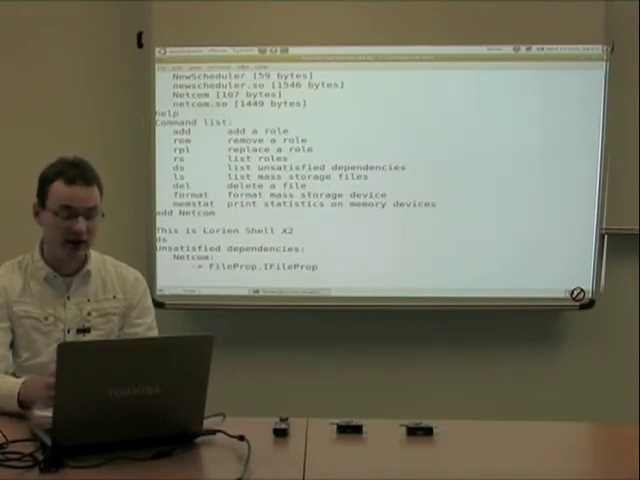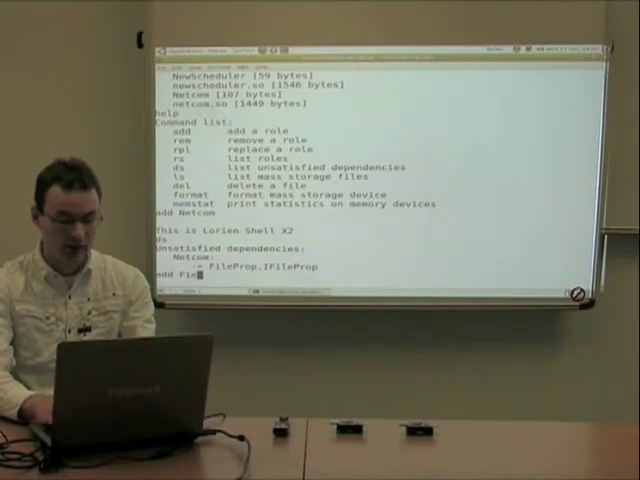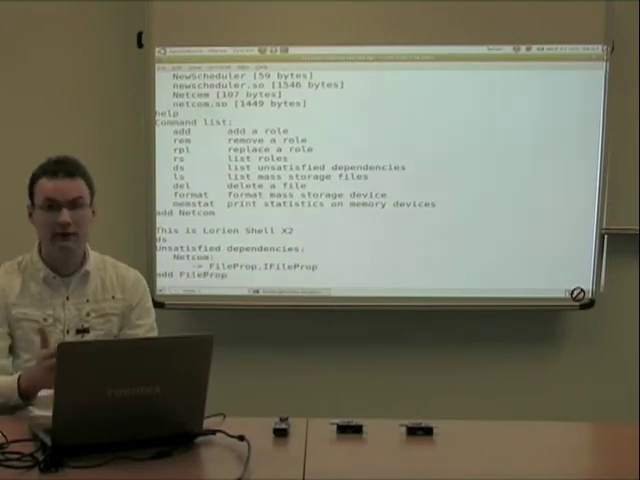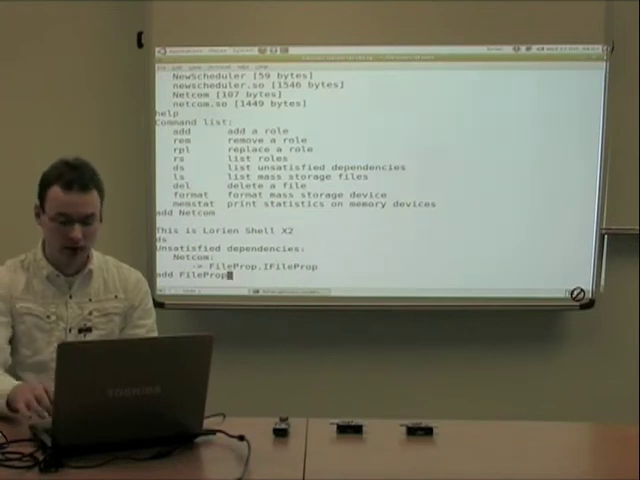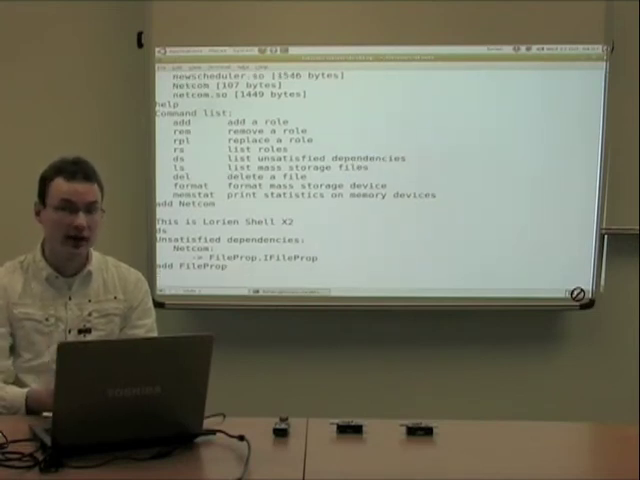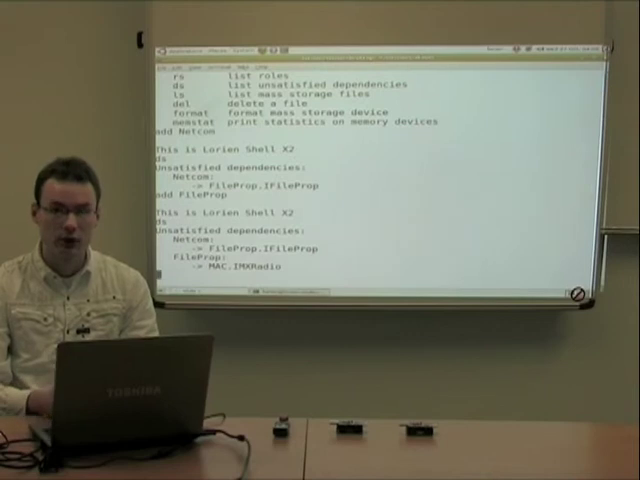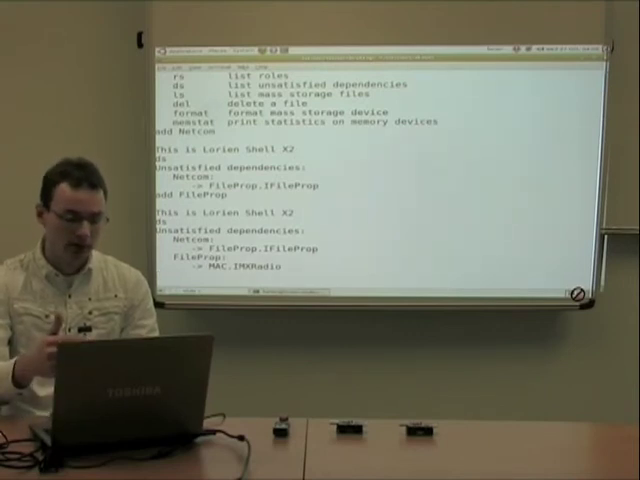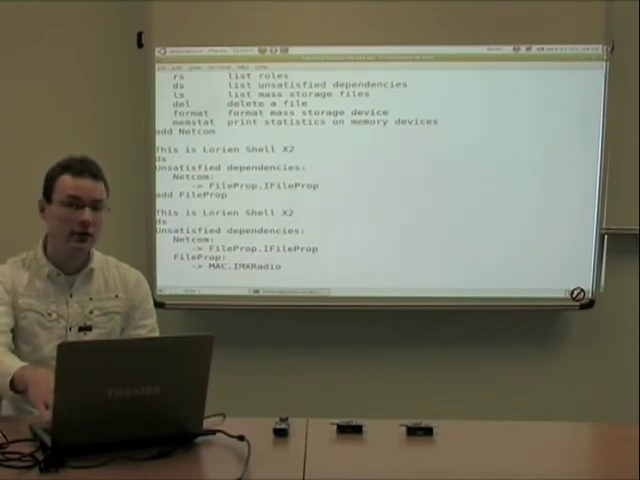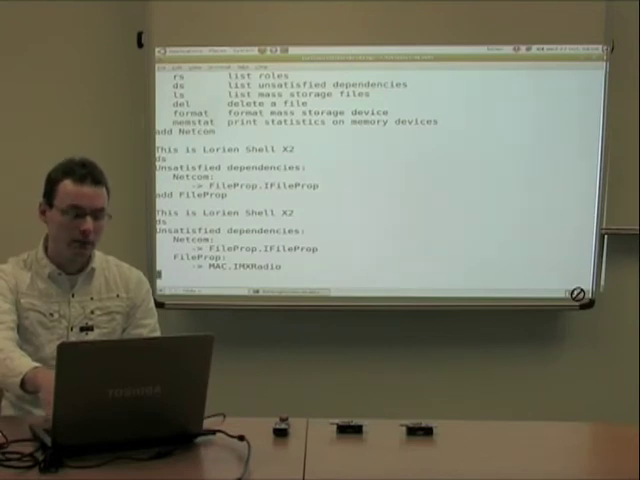To satisfy this dependency, I again use the add command, but this time with the file prop component. Again, this is in external flash already. I press enter, and again that gets loaded very fast. I'm still talking to the shell, so I can press ds and see what's wrong now. What's important to see here is that even though file prop has been loaded, Lorien has not connected netcommander to it. This is because file prop has its own dependencies which are not yet satisfied,